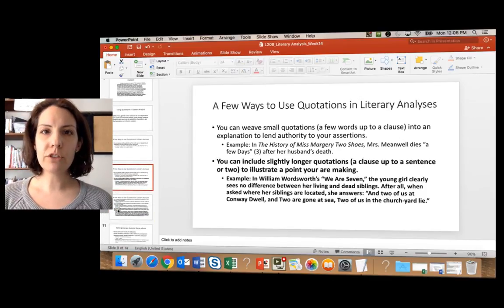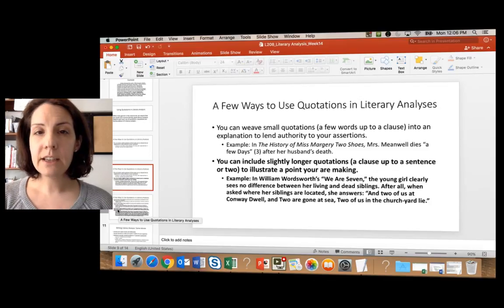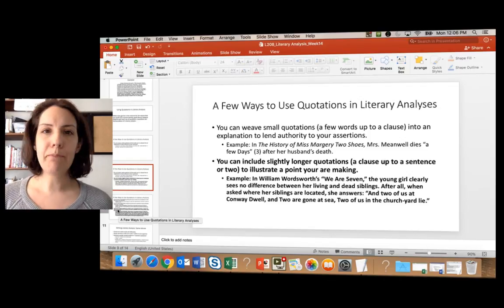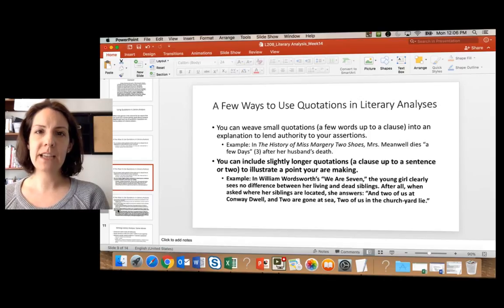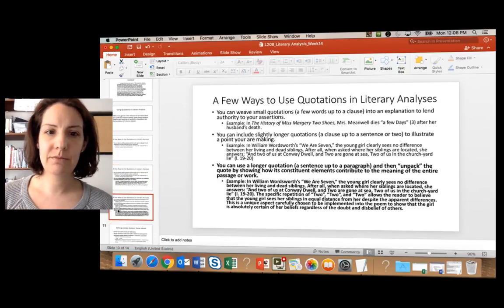Because after all, what you do in a literary analysis, and what you do in any analysis, is take a piece of text and what I sometimes call unpack or deconstruct it, where you pick out tiny constituent features of that text, explain what they are, and then show how they contribute to the overall meaning of the text.